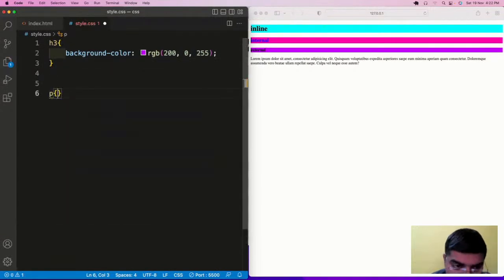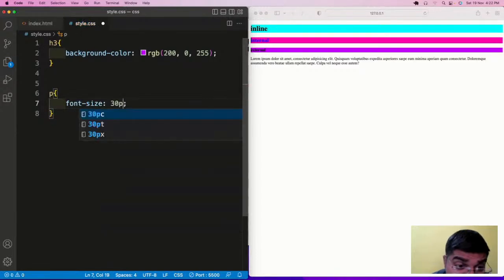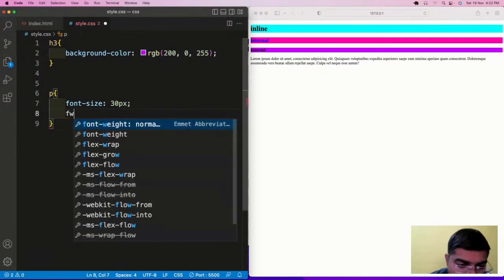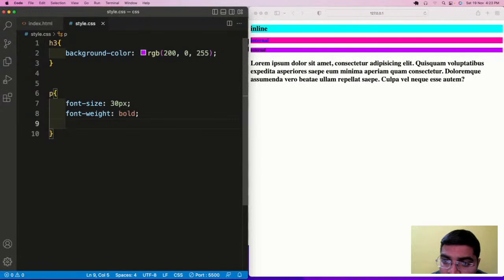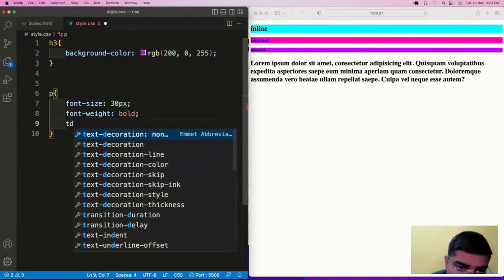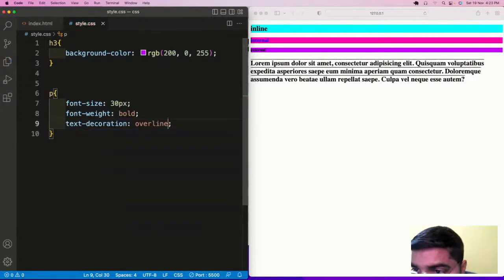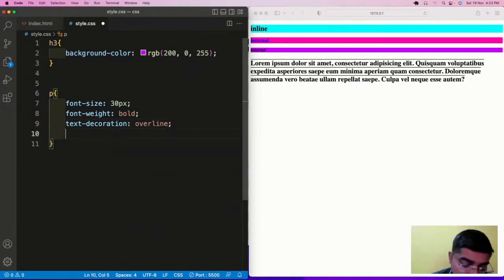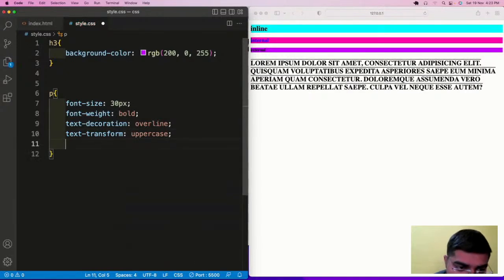So we have P, and in this, let us have a font size of 30 px, font weight bold, and text decoration overline, and also text transform, let's say, uppercase.